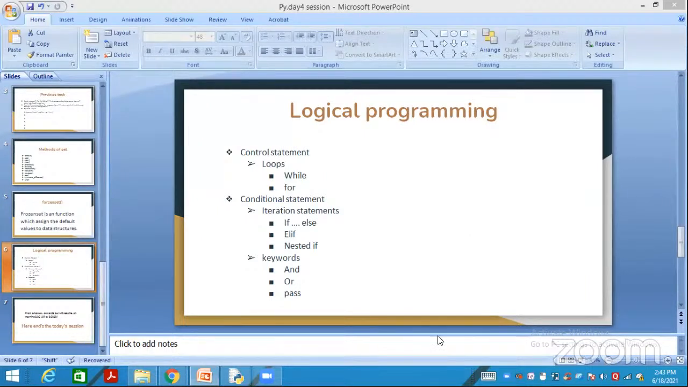As a programmer, everyone needs these basic logical programming, which is controlling statements and conditional statements. Logical programming is of two types: controlling statements and conditional statements. In controlling statements, we have looping statements. Loop statements means